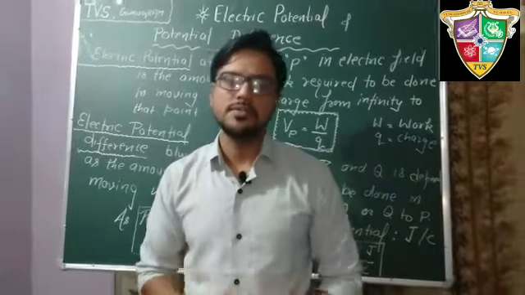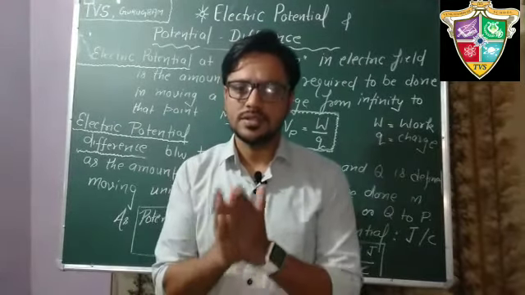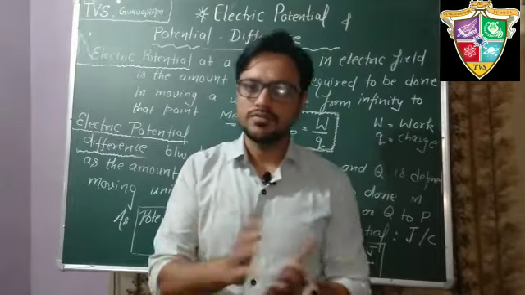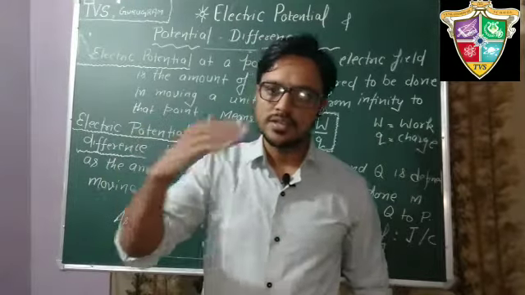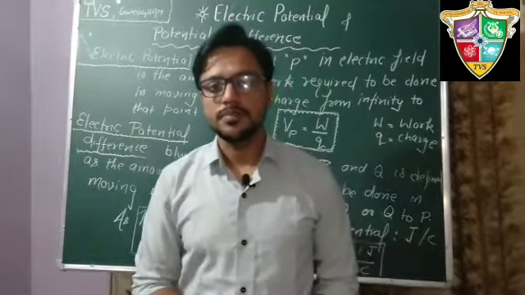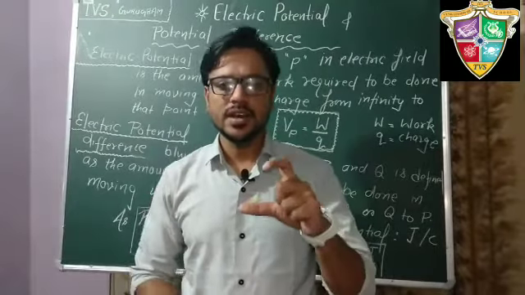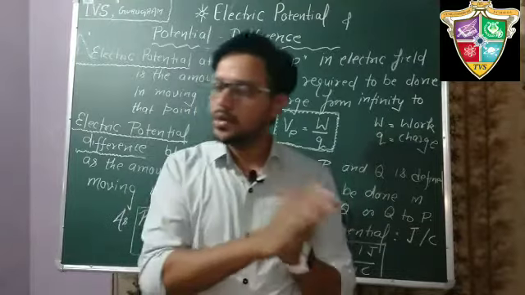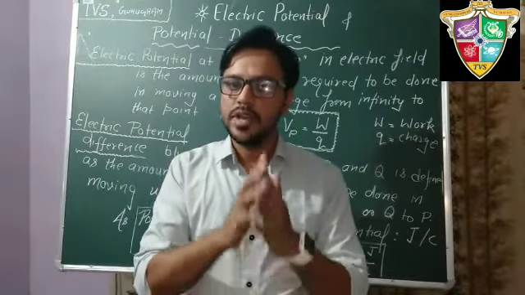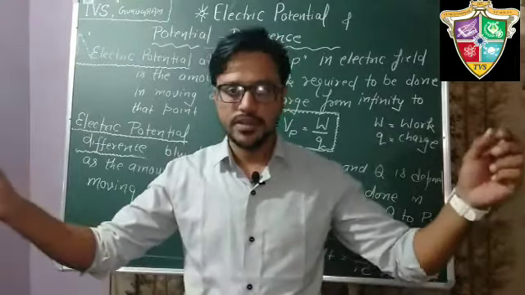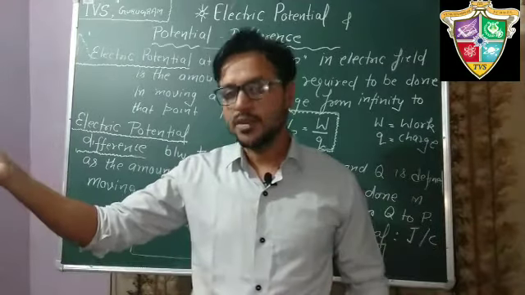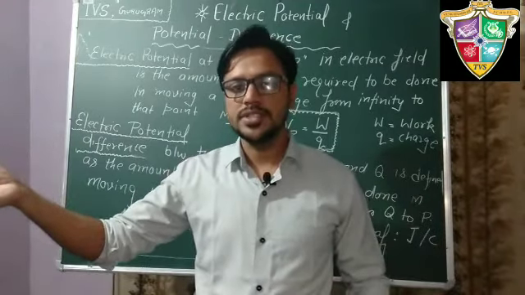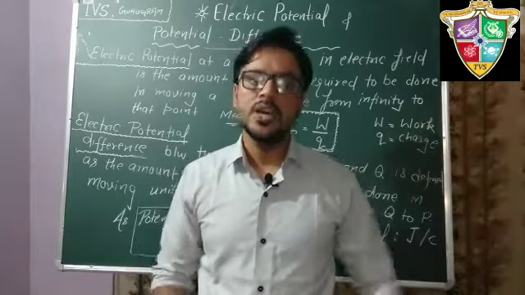Because there is pressure difference. Pressure is the quantity which applies force in a particular direction that causes the flow of water. Similarly, if we are having a conductor and we wish to move charge from one point to another, we have to apply a potential difference between its ends. One point must be high potential and second point must be low potential.